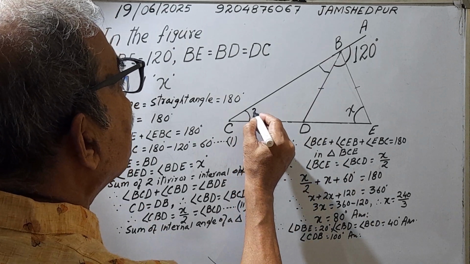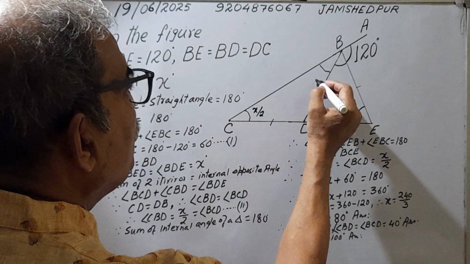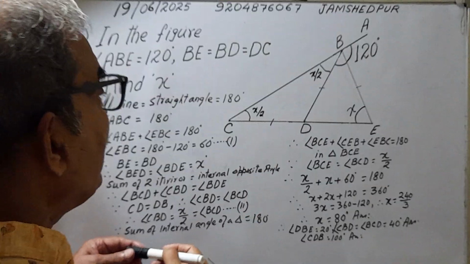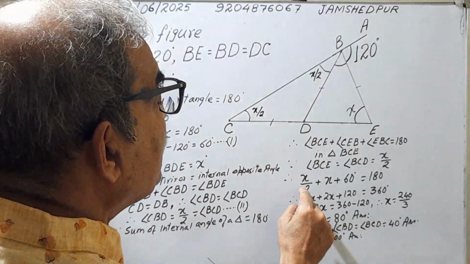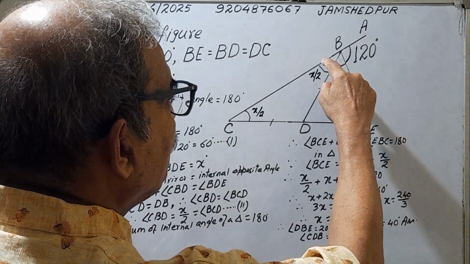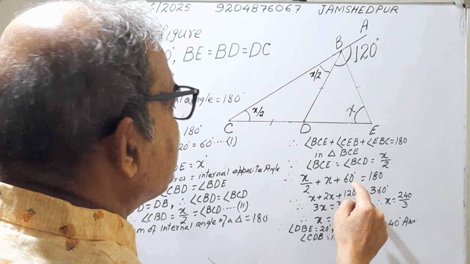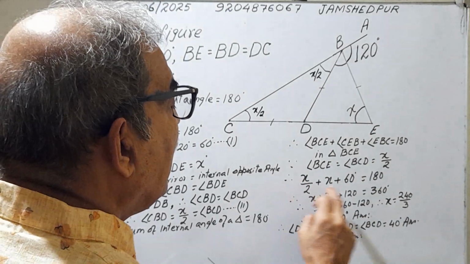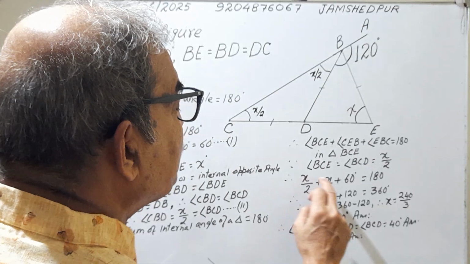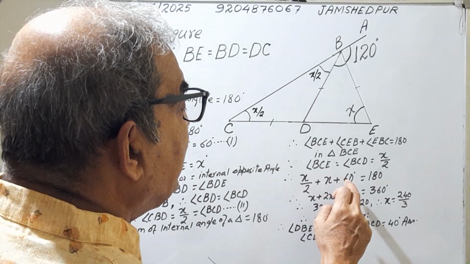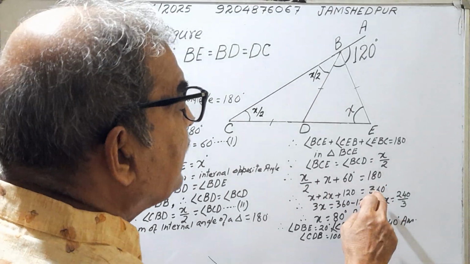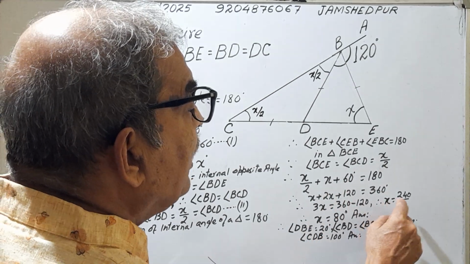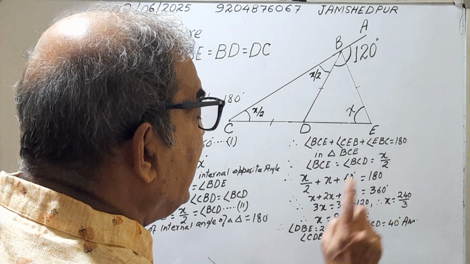Now it is X by 2, and this is X by 2, this is X by 2, and X by 2 ho gaya. To X by 2 plus X plus this total angle is 60 degrees, which I have written and proved here. So 180 degrees. Now aap iska LCM 2 ho gaya, to X plus 2X plus 120 degrees, and cross multiplying, that is 360 degrees. Now I equate it. Therefore X equal to 240 by 3, that is 80 degrees.